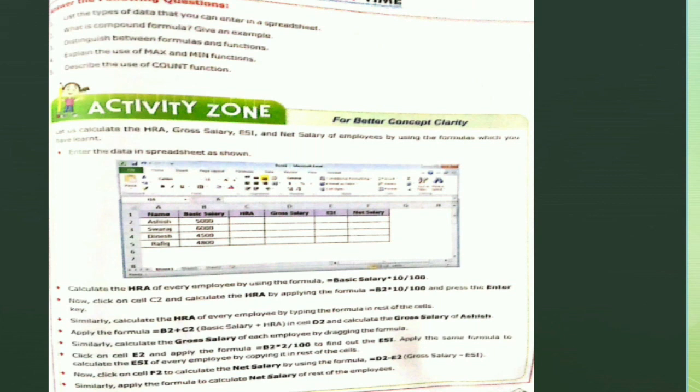The activity is to be done practically and the question answers are to be done in the FAIR notebook. So this will be your assignment for today as well as the activity. Complete all the questions in your FAIR notebook. Do the activity practically in MS Excel. Still, if any doubt is there, you can ask me, and this practical activity can be either done in MS Excel also or OpenOffice or LibreOffice. That is the spreadsheet part of LibreOffice or Open.